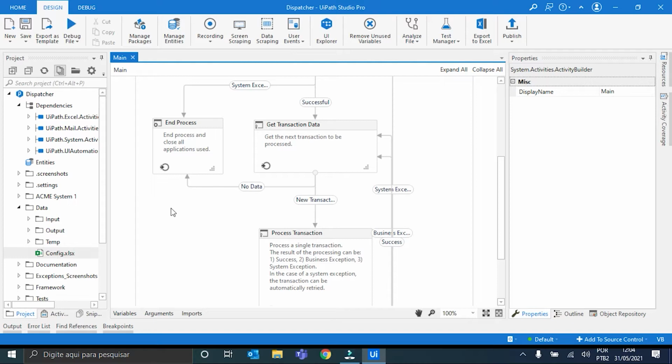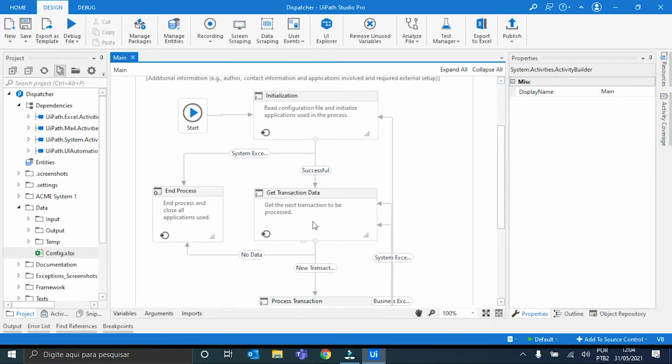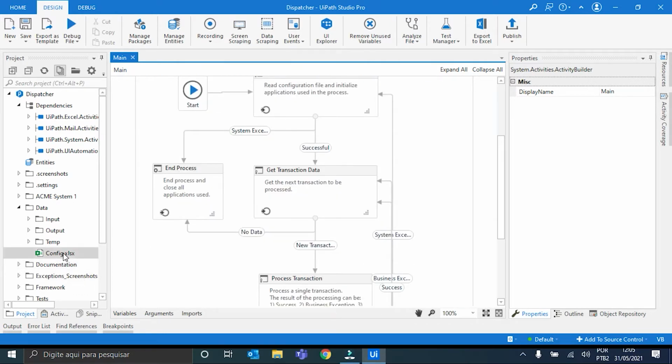Finally, every REFramework template comes by default with this Excel spreadsheet here inside the data folder called config.xlsx. The purpose of this config file is to keep all variables and configurations used throughout the workflow in a single source, so that every update in these variables or configurations is automatically made here in the workflow as well, so that we don't have to lose time updating them in each one of these states. Okay, so I will open the config file,